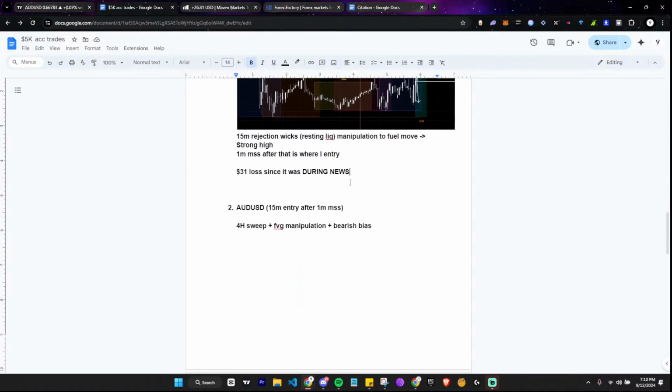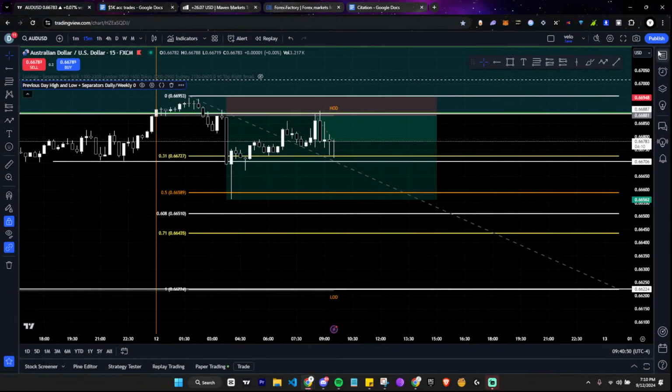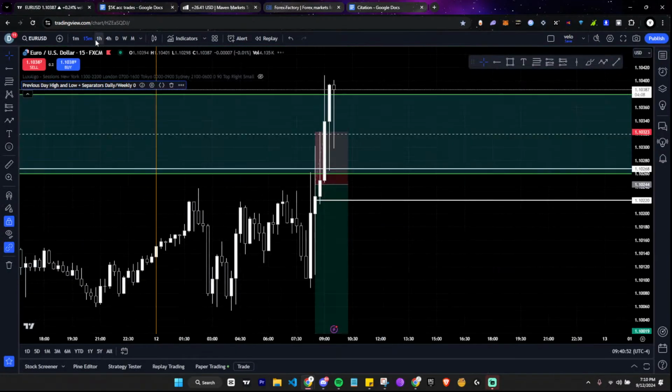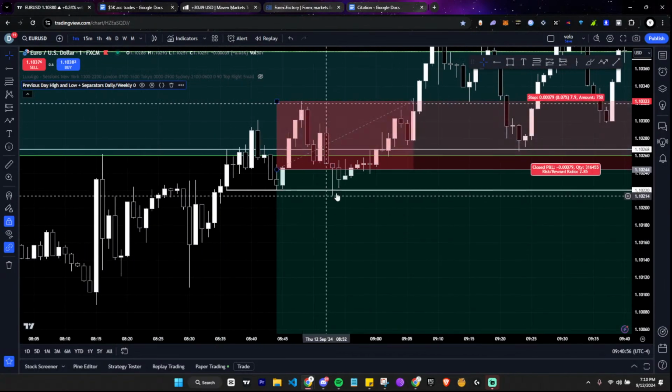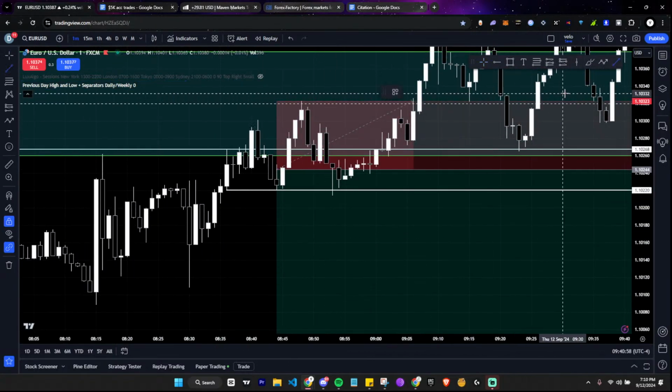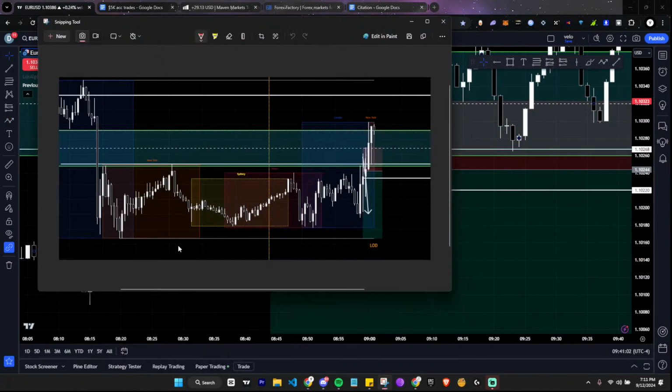So I'm just gonna put this reasoning real quick. Give me a second, guys. Did not wait for a 1 minute market structure shift confirmation. So this is basically why I lost. If you guys can see, this is such a dumb little mistake that I could have avoided, as you guys can see right here. Let me show you guys. Let me put the reason for the loss as well, so that way we can learn. Over here, if you guys can see this,